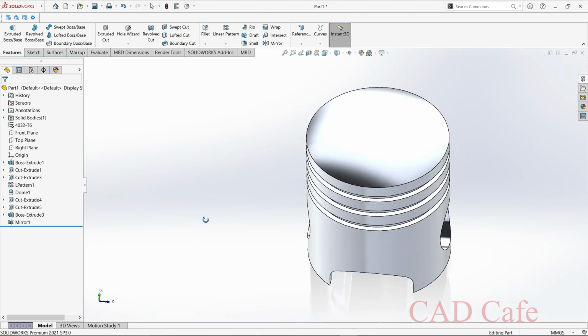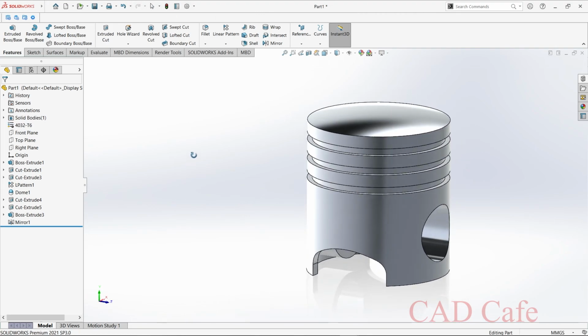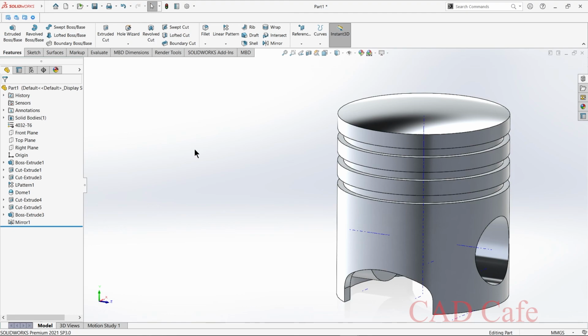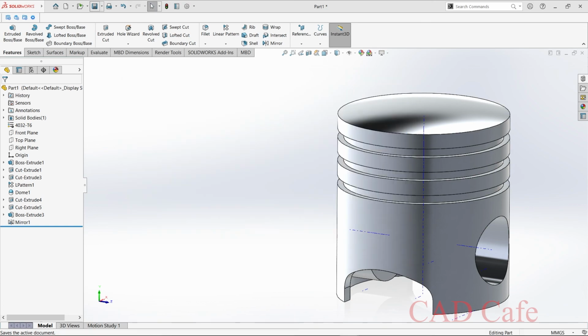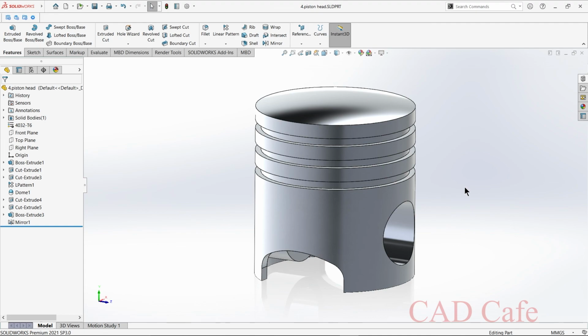See, the material is applied successfully. Now we need to save this and rename it as piston head. Now the piston head is ready.